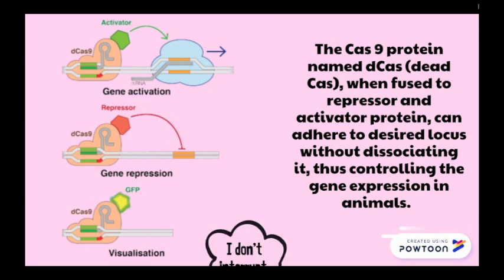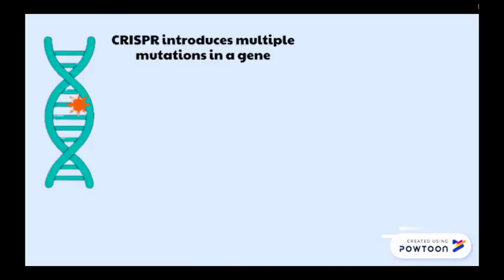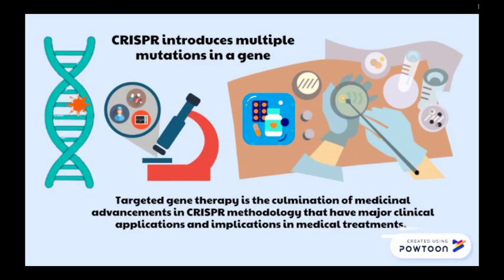Thank you. The Cas9 protein named dCas, or dead Cas, when fused to repressor and activator proteins, can adhere to the desired locus without dissociating, thus controlling gene expression in animals. The CRISPR method, however, can introduce multiple mutations in genes. Targeted gene therapy is the culmination of medicinal advancements in CRISPR methodology that have major clinical applications and implications